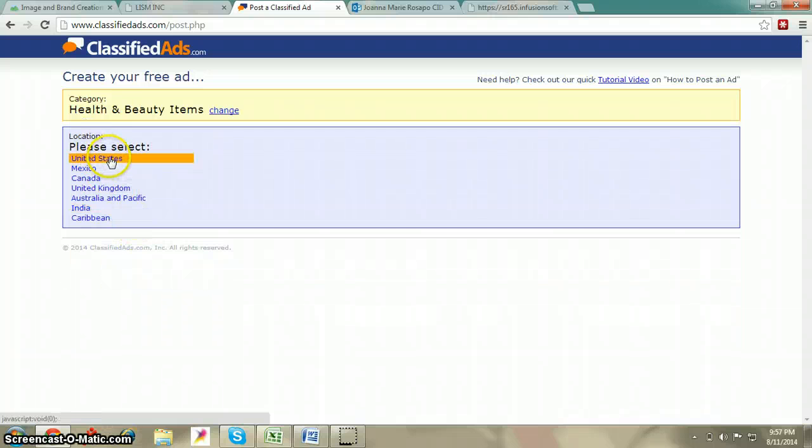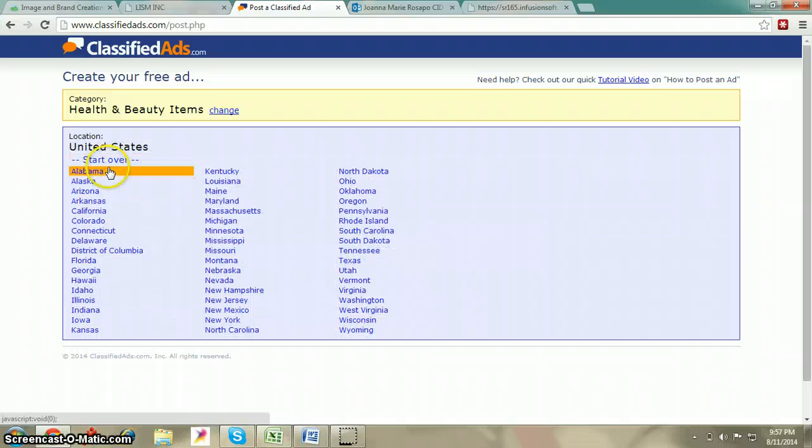Then select the specific locations where you want to post your ad. Right now we're going to post on United States, then choose the main cities and states where you want to post your classified ads.